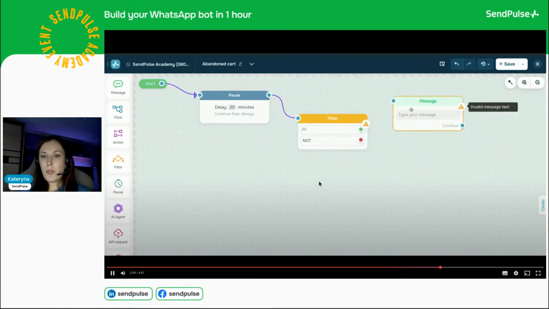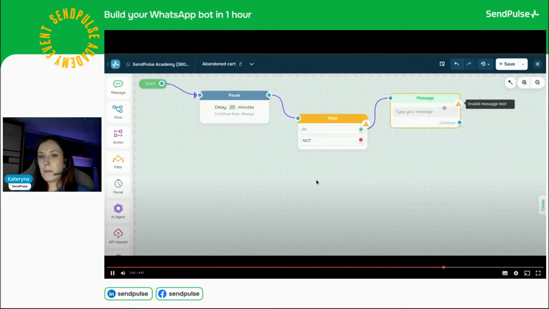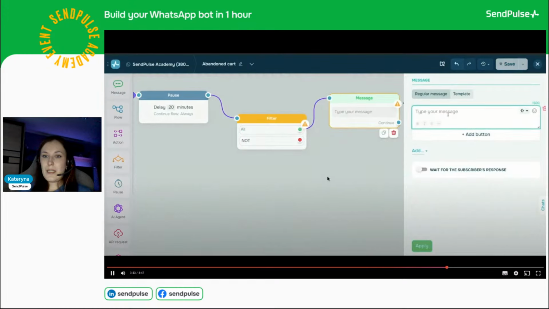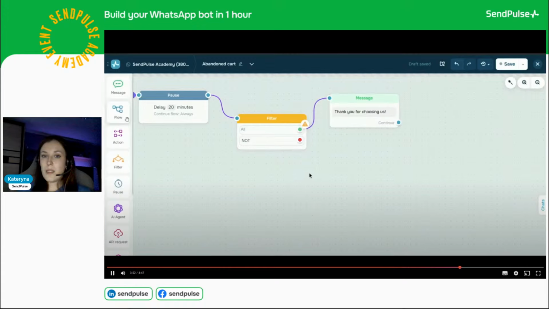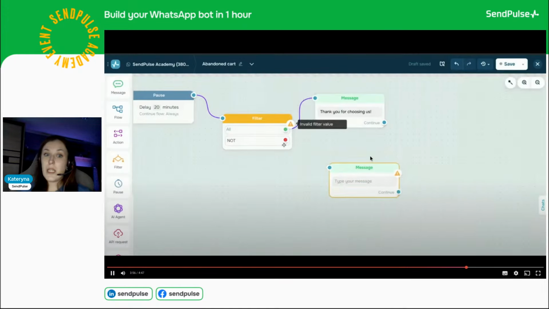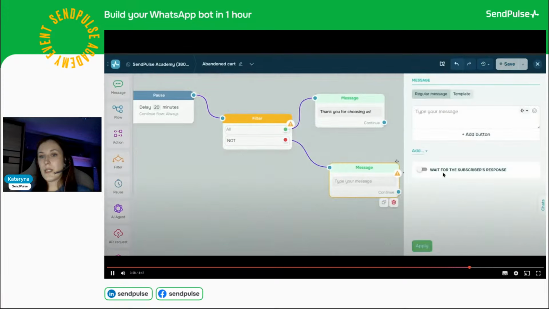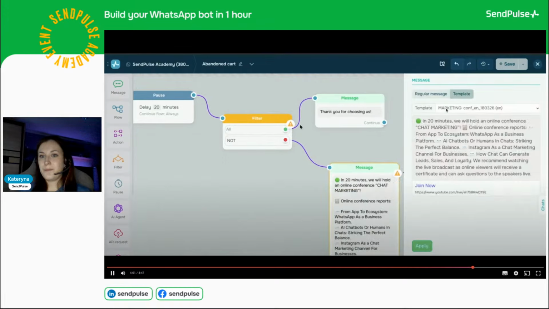So here we need to add a message, and if they complete the payment, the system analyzes this, and we are adding, for example, this message: thank you a lot for confirming payment. If no, we are sending the templated message